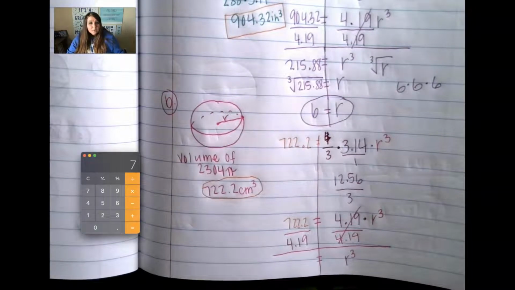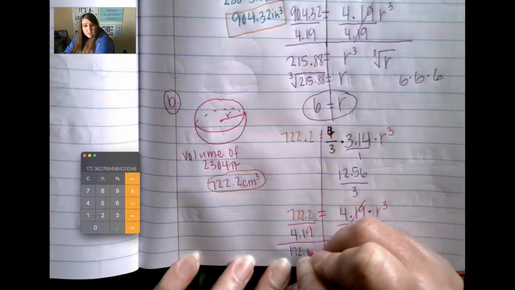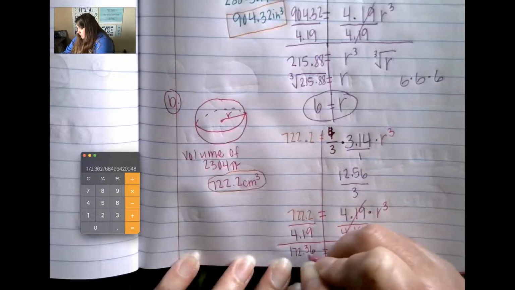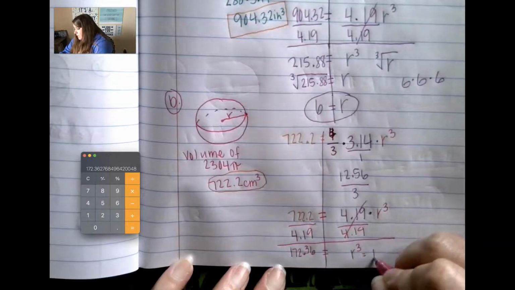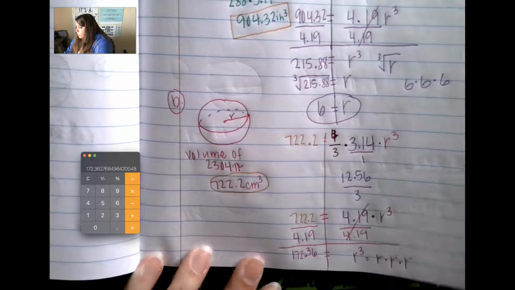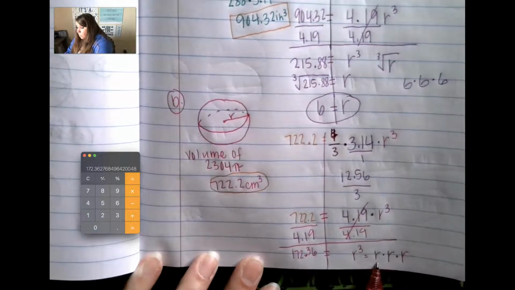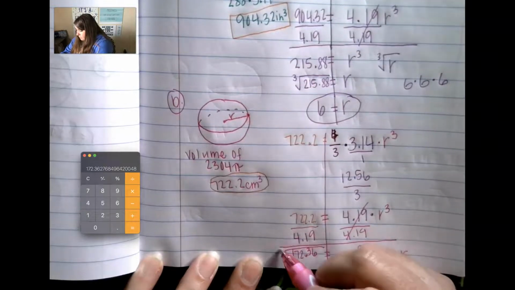So now we're going to do 722.2 divided by 4.19. So we get 172.36. Okay, now we're going to do the cube root, because this is really like saying r times r times r. So we want to know what is just 1r. So I'm going to take the cube root of this,